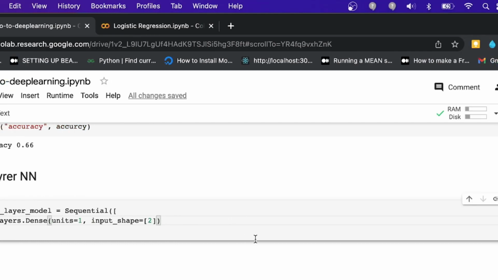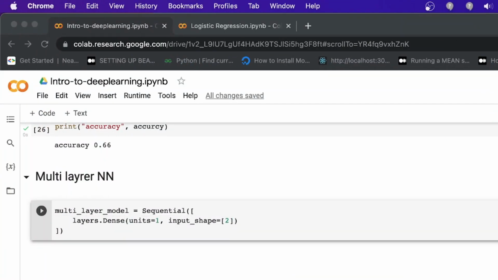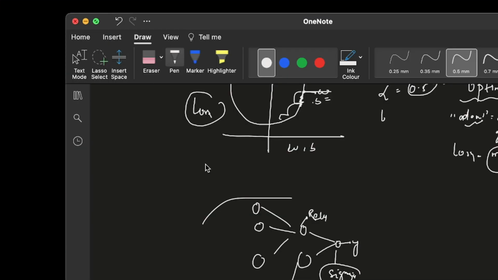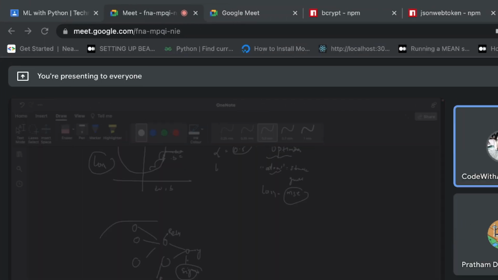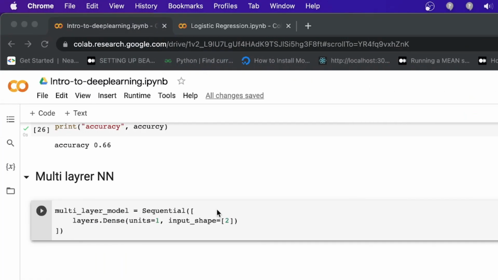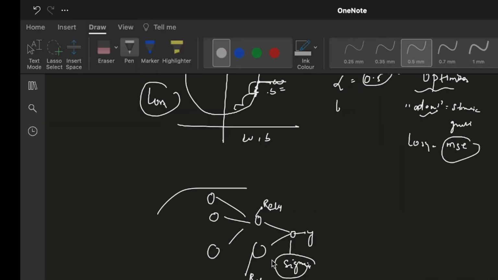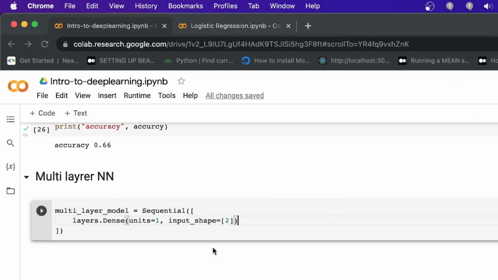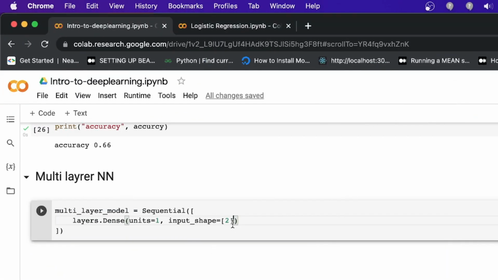Everything is the same. After the single layer that comes with the two inputs, we need to add a ReLU function as activation. There are two ways: either add the activation function in the next line, or directly add the activation like this, activation ReLU.